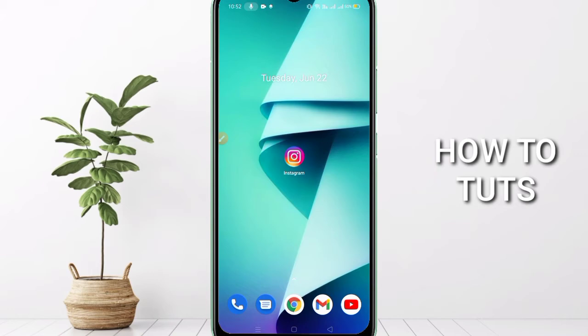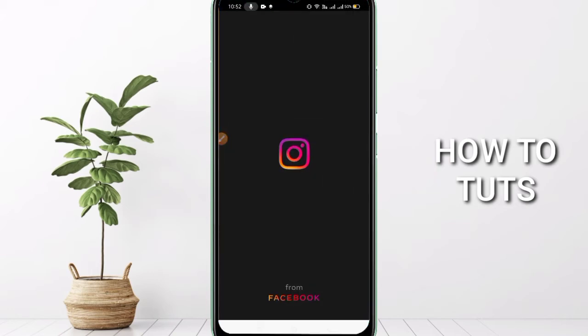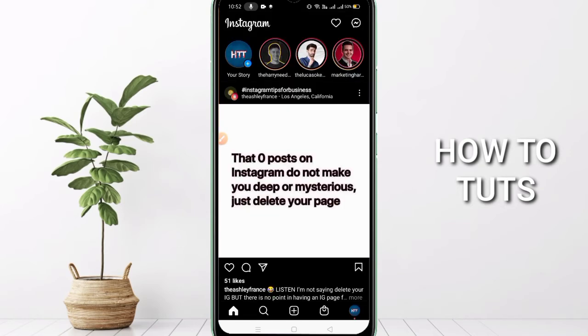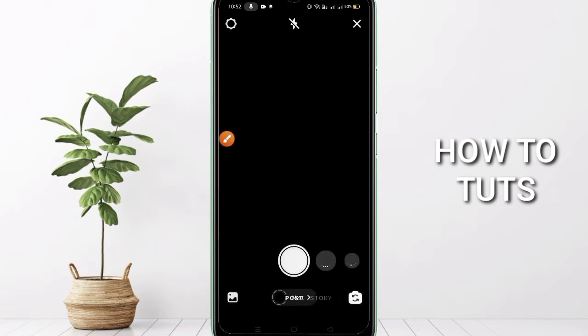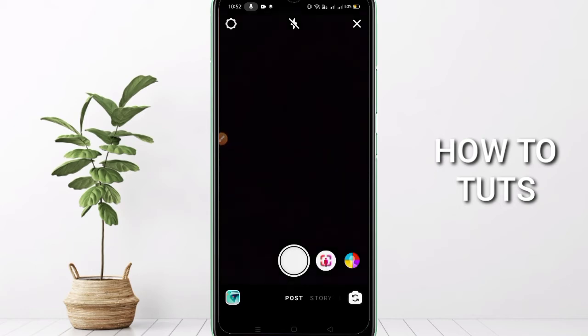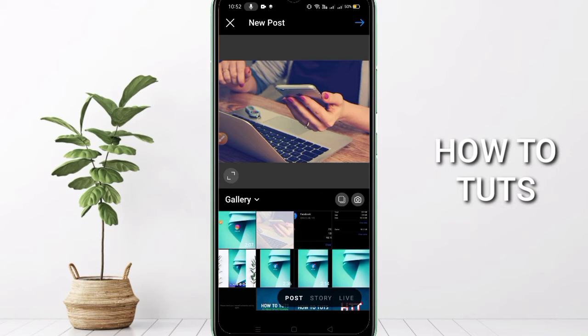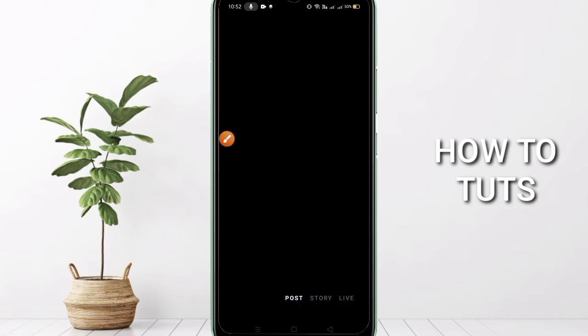So here you can see the Instagram app. Just click on this. Okay, then here you can see the option at the bottom part. Here is the plus icon, click on this and select your picture. I select this one and go there. Here you can see the option for posting. Okay, just click on this